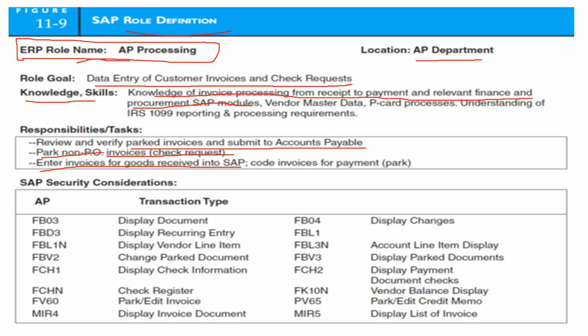And then we have security considerations. We have display documents, we have display recurring entry, then vendor line item: what they can display, what they can check, what this staff can do, and edit the invoice, batch the invoice and edit. This is also another display of changes, what they can change, and so on. Okay, so this is an example to show how we create the role